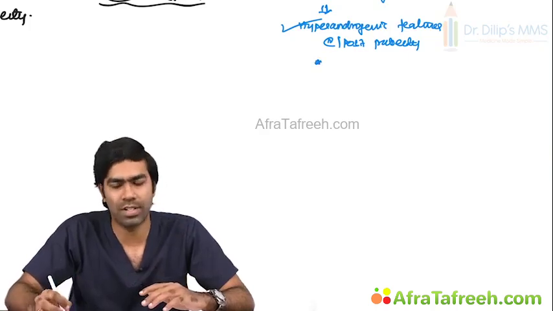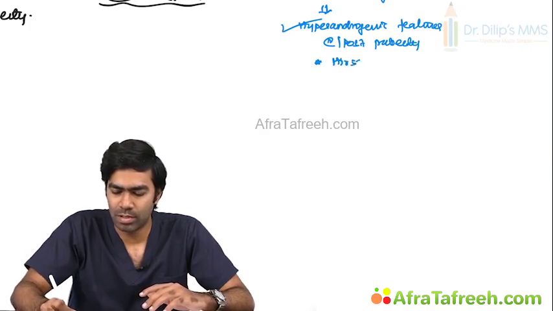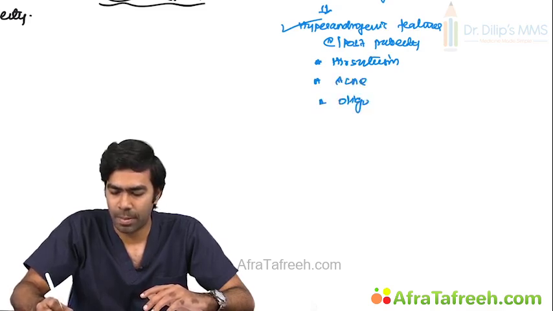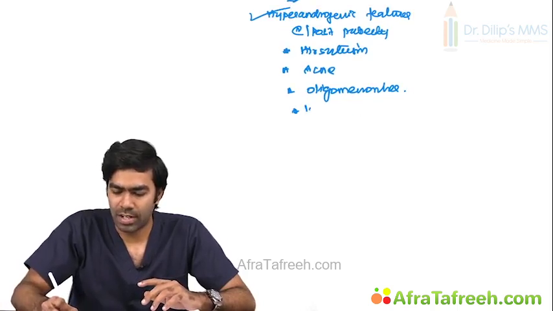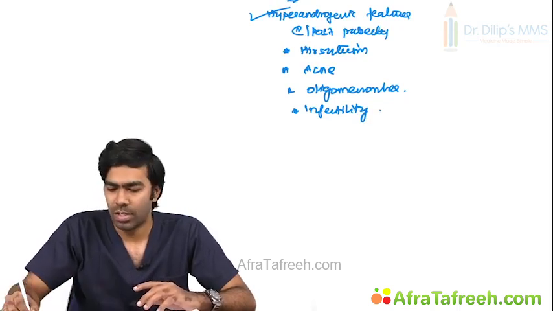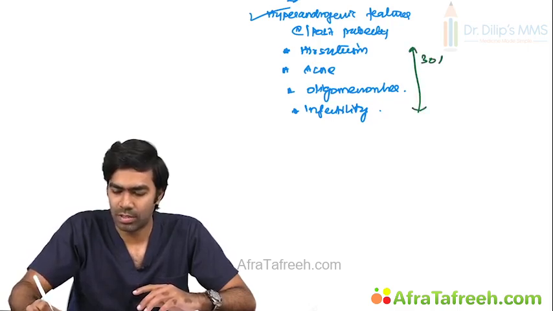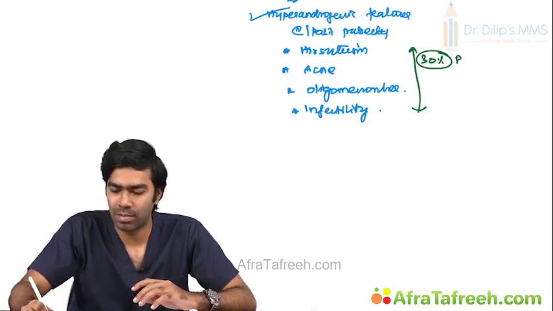So what are the hyperandrogenic features? They might have hirsutism, acne, oligomenorrhea, that is irregular menses. At the same time, they might be having infertility as well if they come very late. Clear? Along with that, to complicate the issue, 30% of the non-classic congenital adrenal hyperplasia girls will have polycystic ovaries